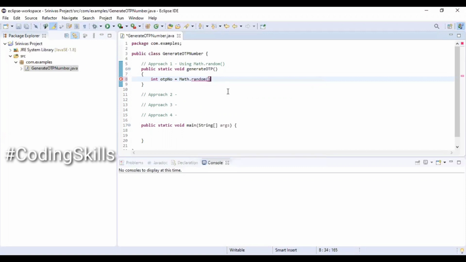This method is going to give us a double value and we are multiplying with value 9000 as we are looking for a 4-digit OTP number, and this computed value we are casting into integer. For the computed value, adding 1000.